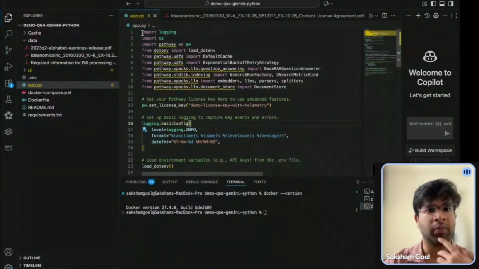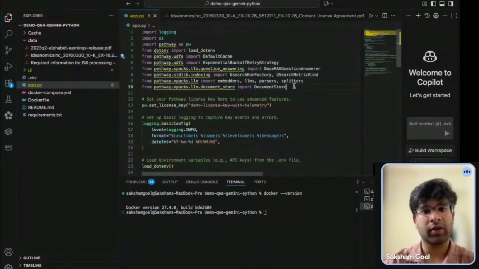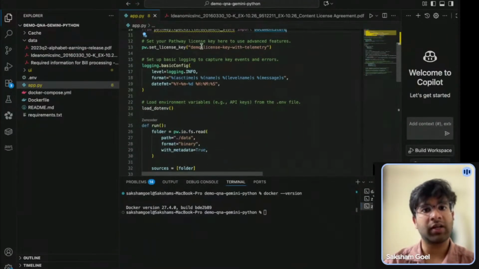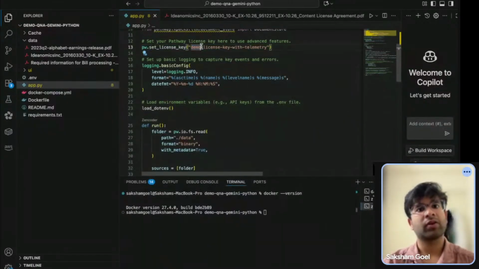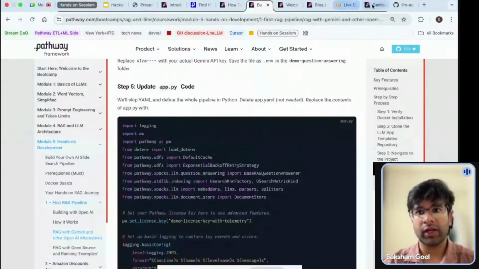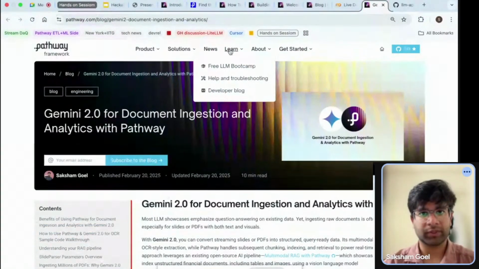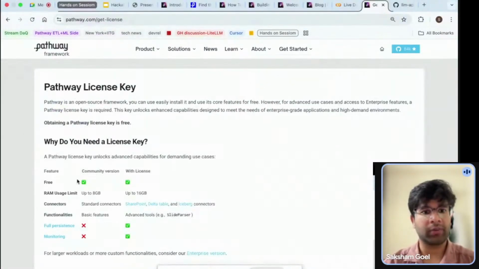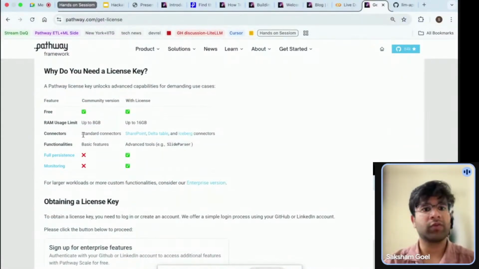First, simple imports: logging, OS, and then you import pathway as pw, and various packages which you'll reuse here. You can set up a license key. I'll quickly tell you what I mean by that. If you want to get free enterprise features, like using other connectors such as SharePoint or Iceberg connectors, which is quite cool, and if you want to build some advanced tools, you can get the license key.